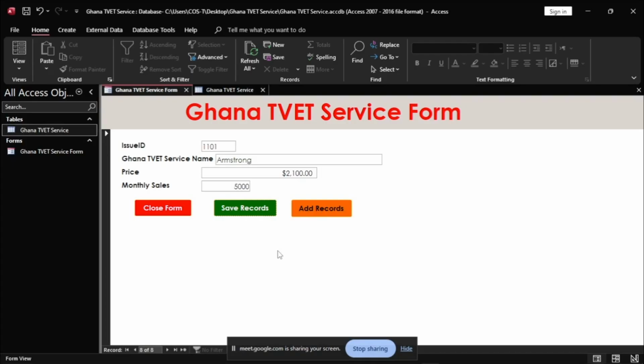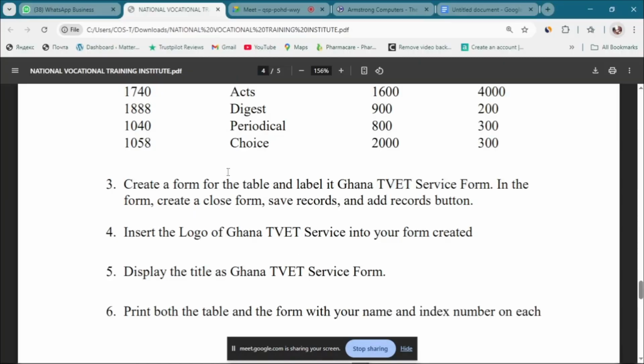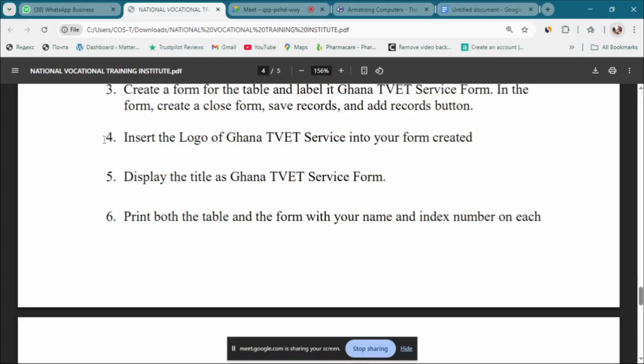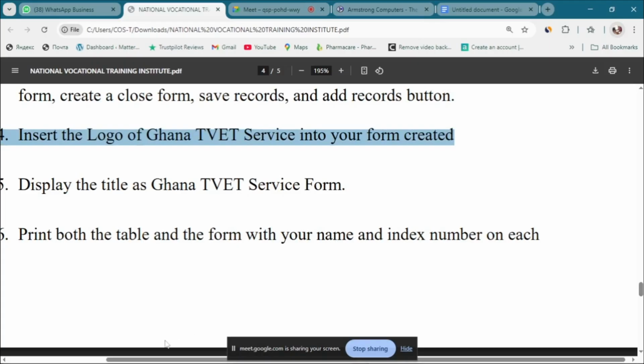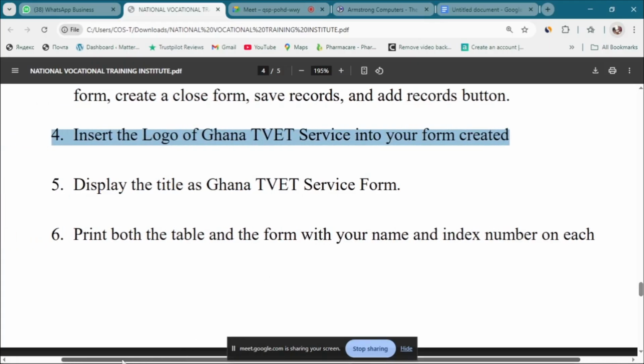Let's continue and look at the next question, question 4. As you can see here, in question 4, we have been asked to do a couple of things. What is it that we are being asked to do? They said insert the logo of Ghana TVET Service into your form created. So I'll highlight this and copy that,